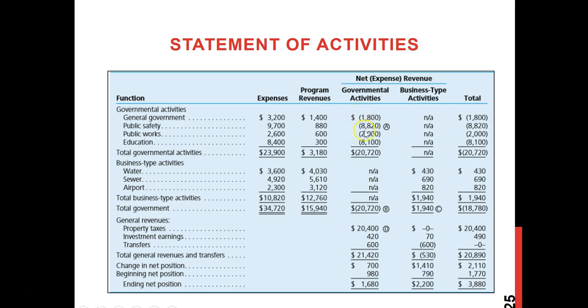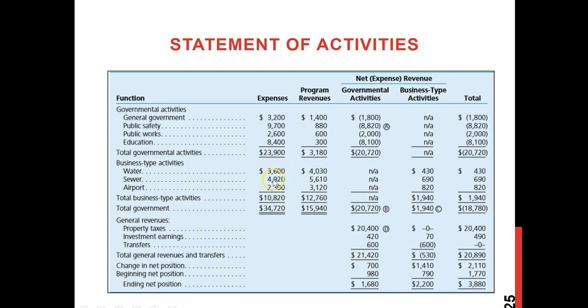Now, if you see this governmental column, you will have these items, but this section definitely you will have no information because this relates to the business type of activities, which is presented in the next column. So now if you focus on the business type of activities, again, this part is blank because they created these two columns just to show the governmental and business type. This vertical presentation, and here they are also showing the first part governmental and then the second part business type, and these two are basically the net columns, I mean net revenue columns.